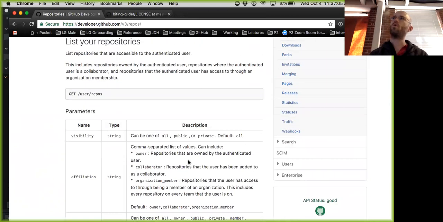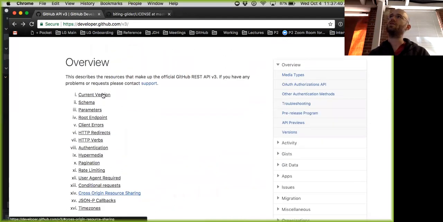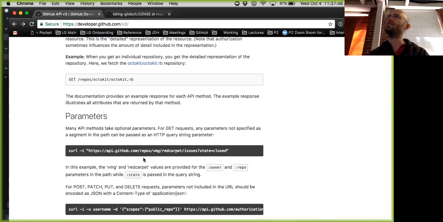I think if we wanted to, for example, create a new repo under my username, we could create a new repo. In order to do that, we would need to be authenticated as me. I'm just going to mention something about that, but we're not going to go into it. You can understand why you'd want to be authenticated as me. You don't want anyone who has access to this API to be able to create repos for me, right? So you need to be authenticated, and the way that they say to do that is